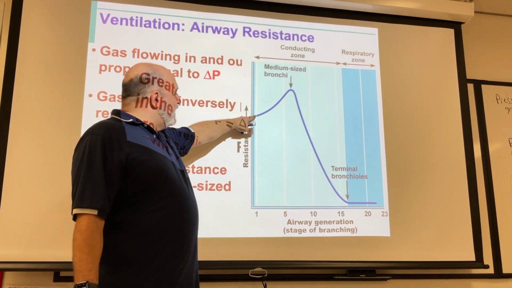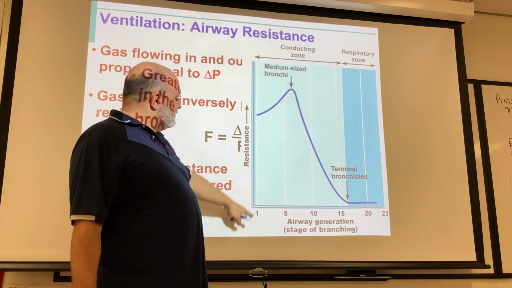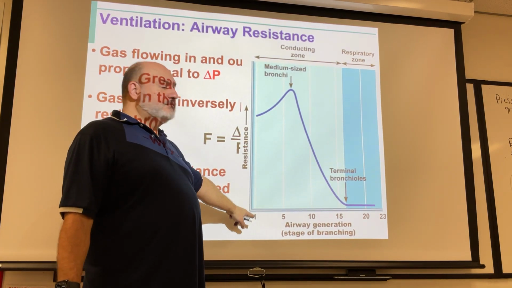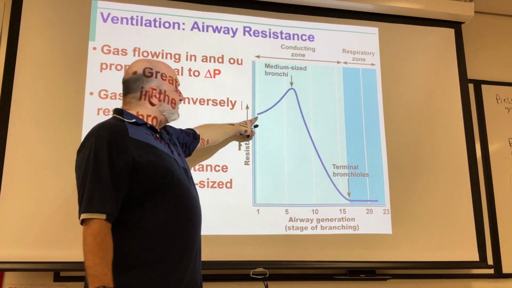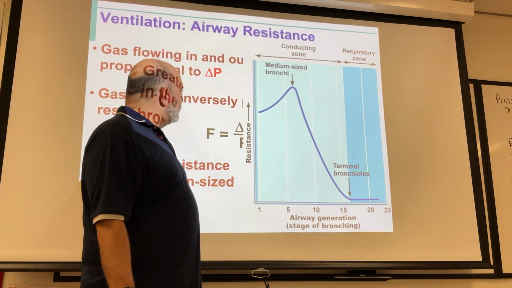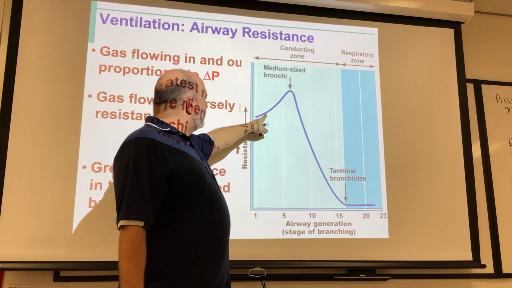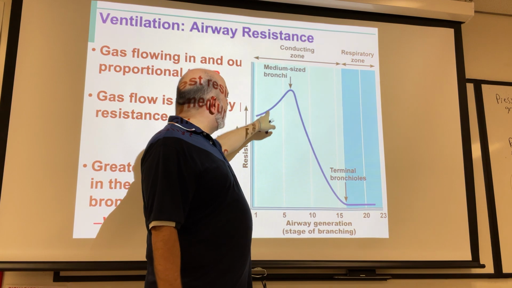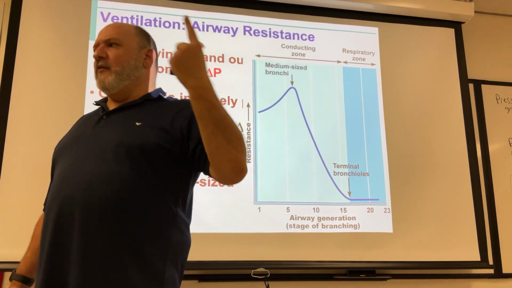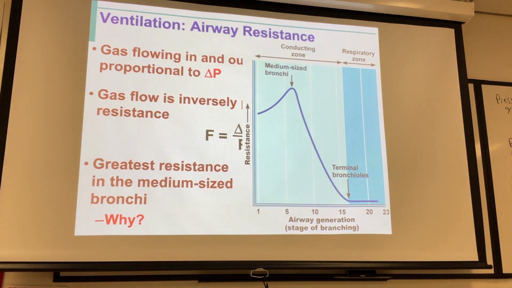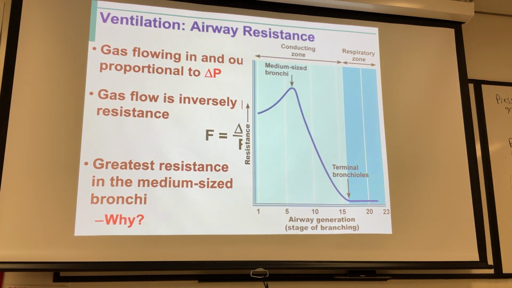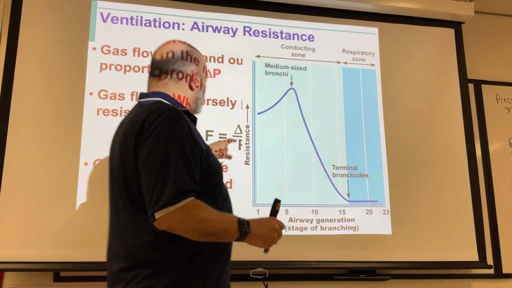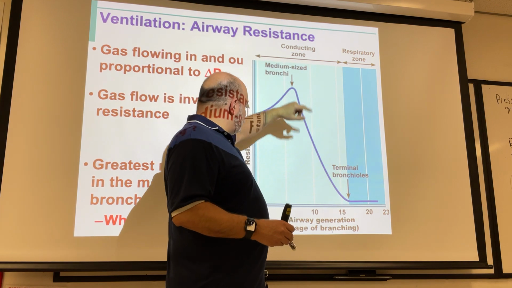Notice here we have one trachea with a large bore, but it's just a single one. So it has a fair amount of resistance. Notice we go to the secondary and the tertiary, and as we're going through those, the resistance goes up. Because what's happening to the diameter of our bronchi? They're getting smaller, and as they get smaller and smaller, from 1 to 2 to 5 and so on,